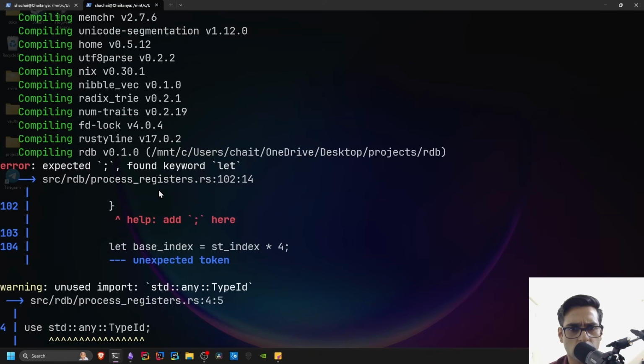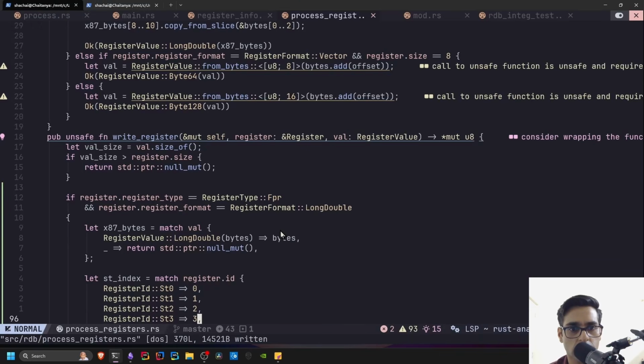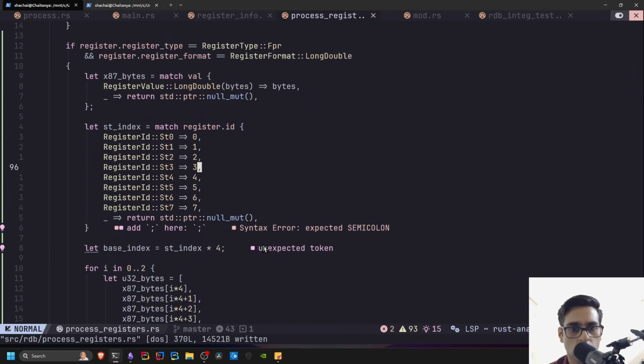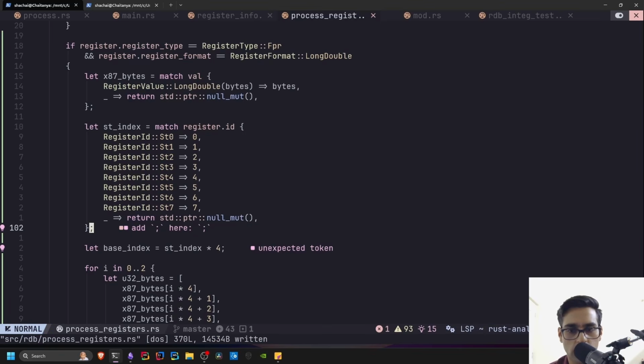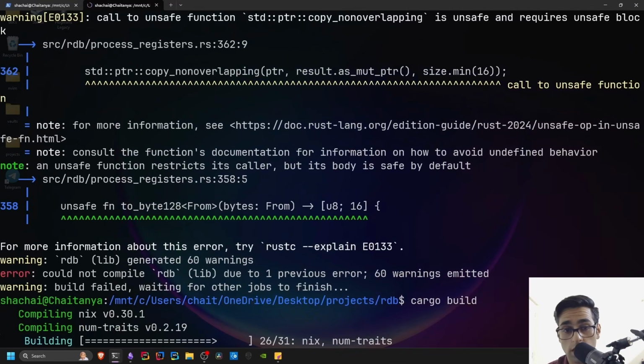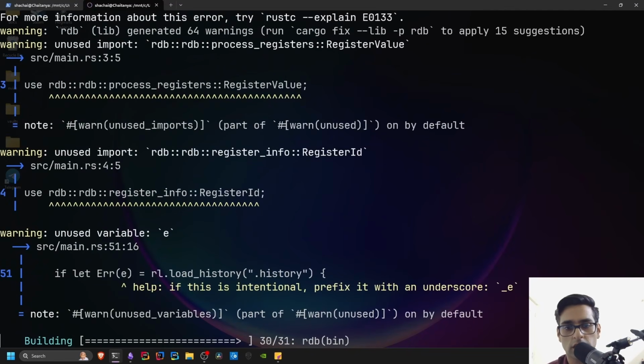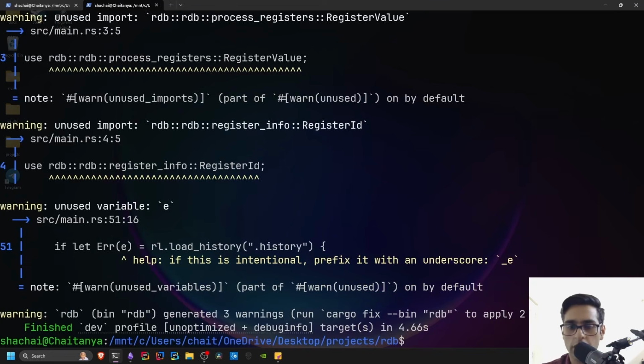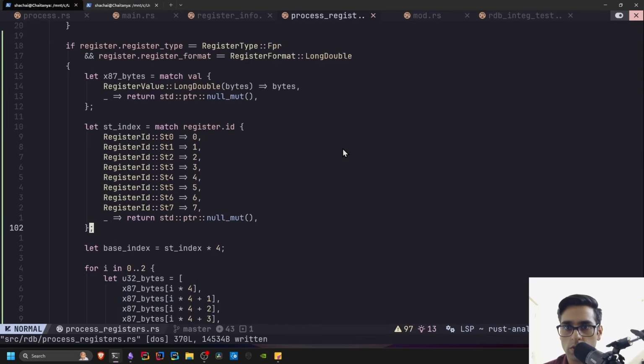Okay, so process register line 102. There should be a semicolon here before base index. Where is the base index? All right, so there should be a semicolon right here, and that is right. So that removes the error. Does it build now? Cargo build. All right, awesome. Okay, so now we have all the code written required to write and read values from registers